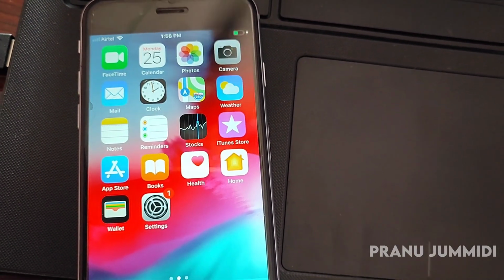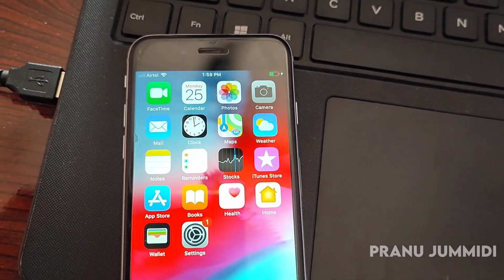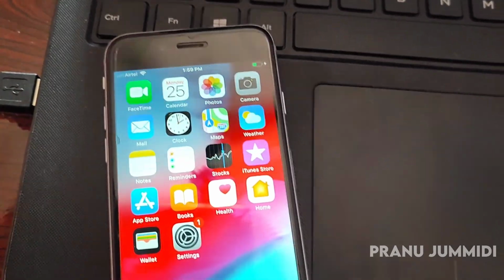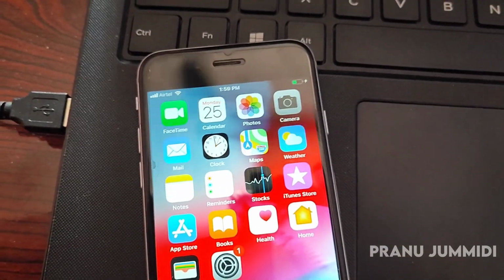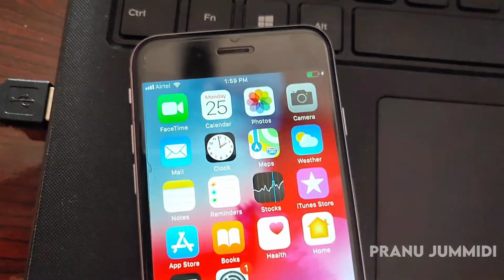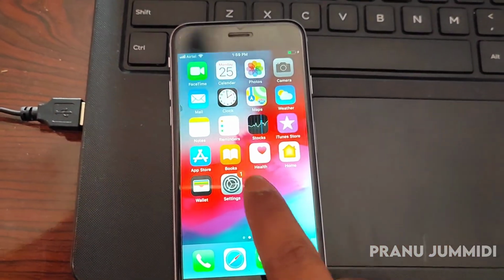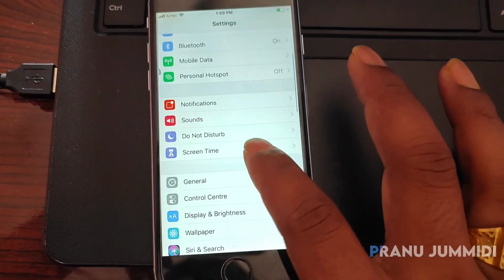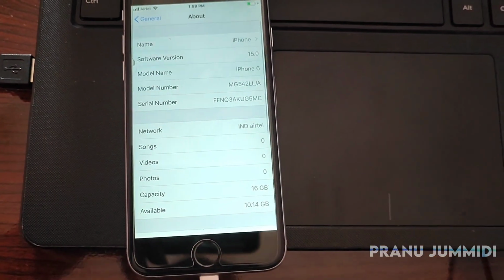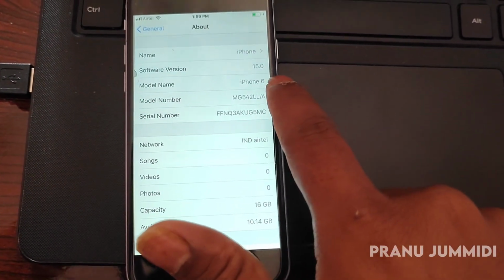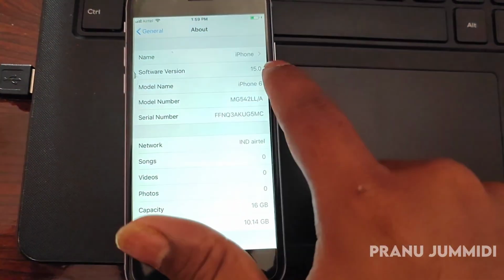This device is getting signals directly without activation. See here, I inserted my Airtel SIM card and it is getting signals, that is good. See here, the fake iOS is still there.